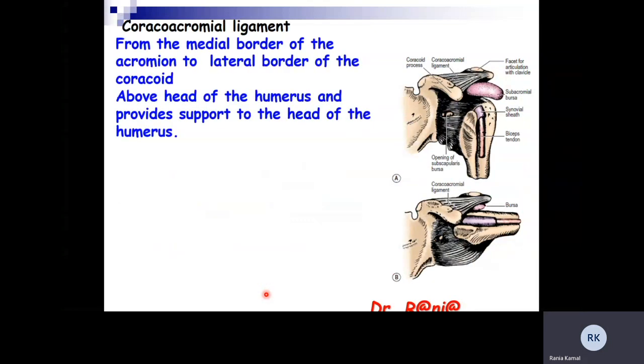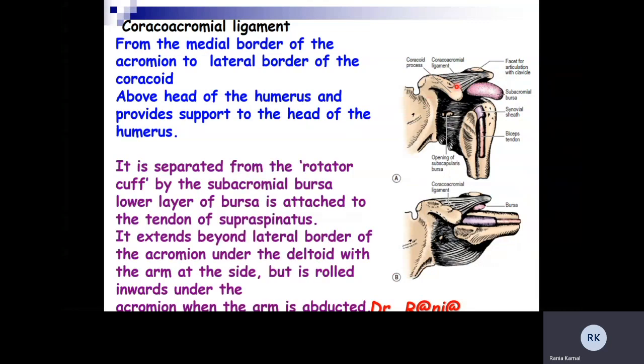Regarding the coracoacromial ligament, it is attached from the medial border of the acromion to the lateral border of the coracoid process. It lies above the head of the humerus. It will support the head of the humerus. It is separated from the rotator cuff muscle by the subacromial bursa, and the lower layer of the subacromial bursa is attached to the tendon below, and the tendon below is the tendon of supraspinatus. It extends here beyond the lateral border of the acromion,